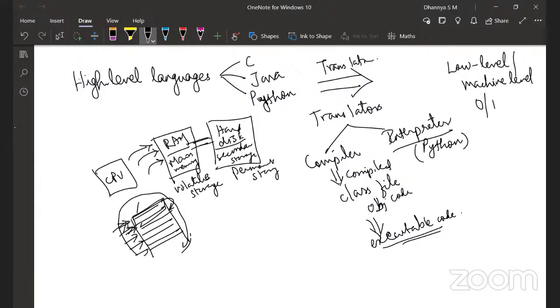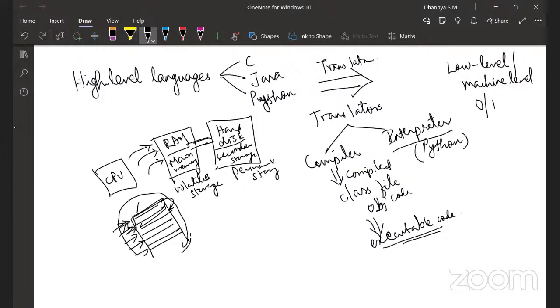Ma'am, at the risk of digressing, does this platform independence of Java have something to do with the JVM? I mean, is there the Java virtual machine that it runs on? Yeah, so on the local machine that it is running, you need to have something which is platform dependent, right? Otherwise, it cannot convert the code into executable code which is architecture dependent. Okay, so JVM does that part, is what you're saying. Correct. Whatever is there on the client part, that is what it does.